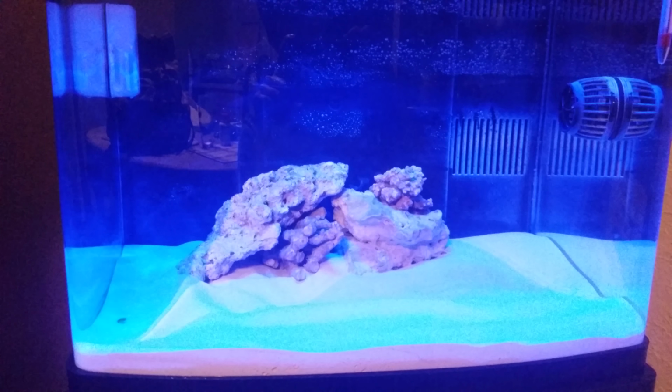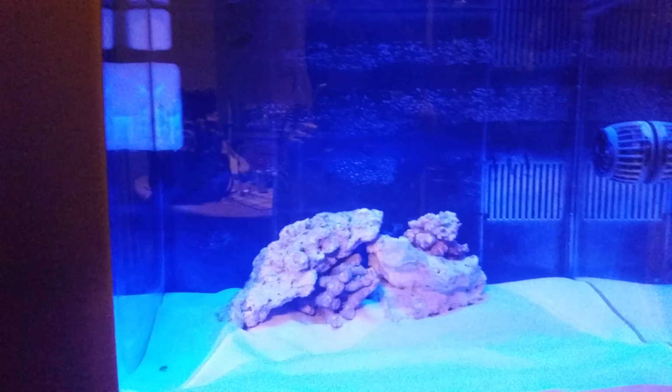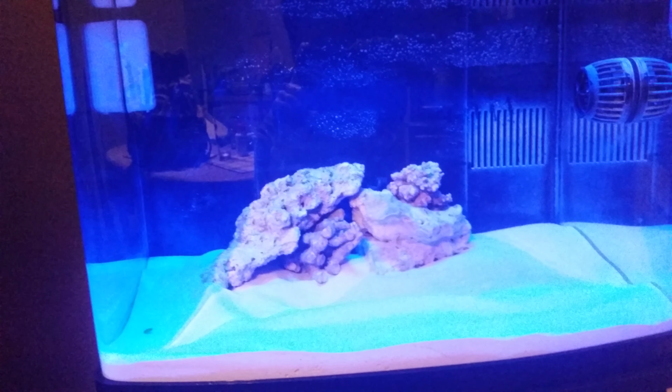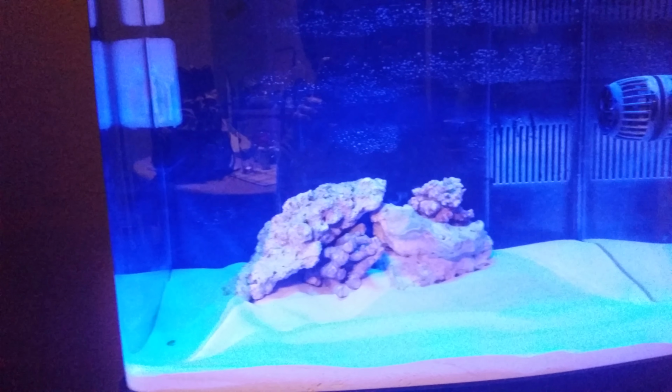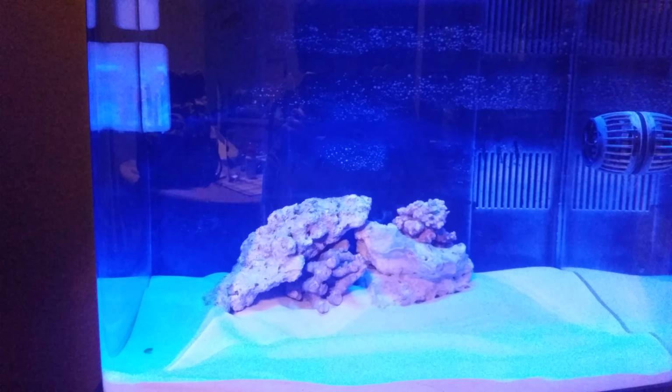I just wanted to save some money for the initial period of buying the rock. I'm gonna go back in a couple of days to get the rest of it and just set it up to what I want and figure it out from there. I'll definitely make it look much nicer. Right now I just put the rock in there to get the cycling process started. And then once I add the new rock, I'll wait about another 2 weeks before I even add a cleanup